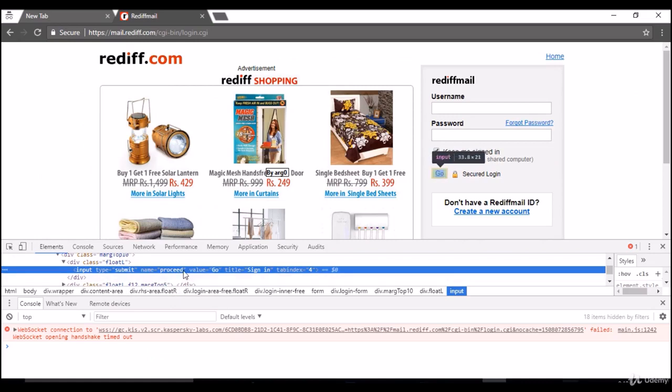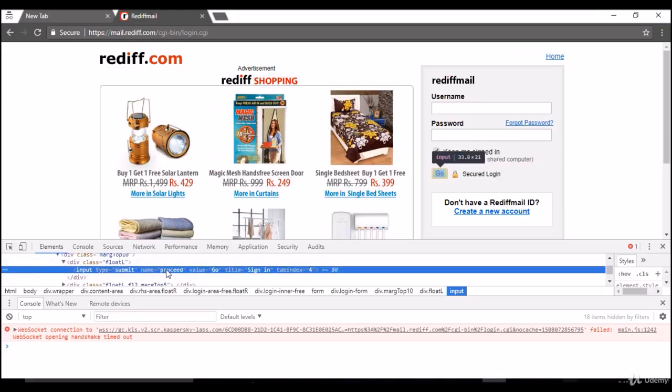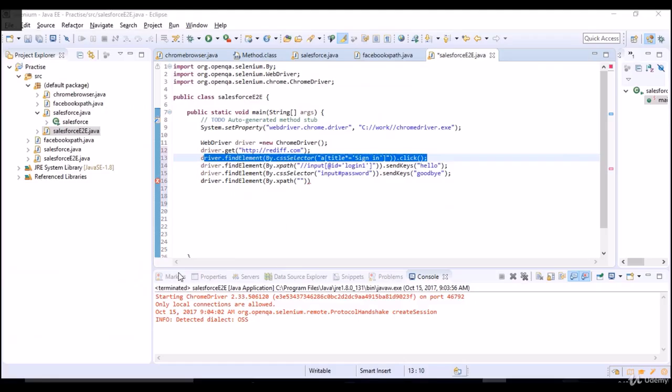I'll do one thing here to demonstrate regular expression of XPath. Here we demonstrated regular expression for CSS, right? So I'll try to do it for this attribute by skipping the D letter. Even if I skip the D letter in this proceed, it should click on it because I am going with a regular expression.